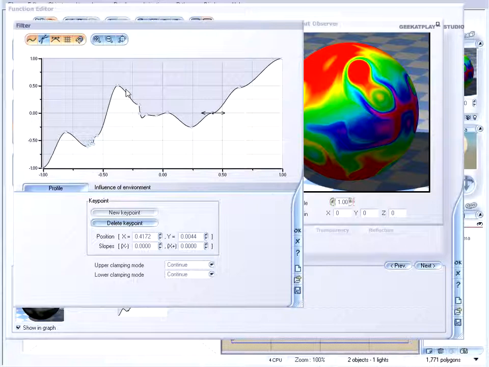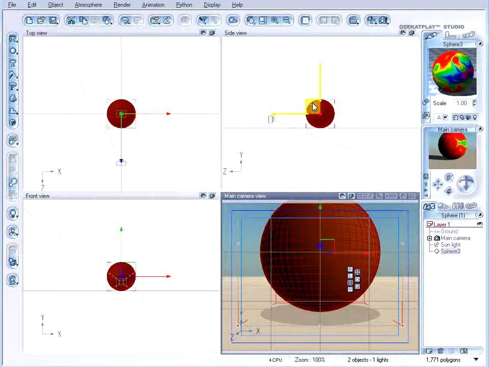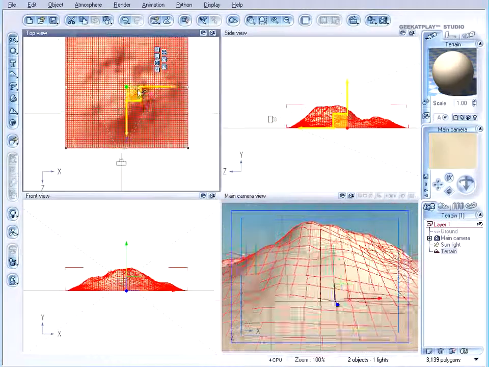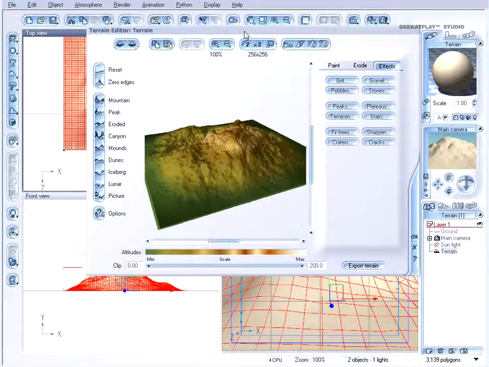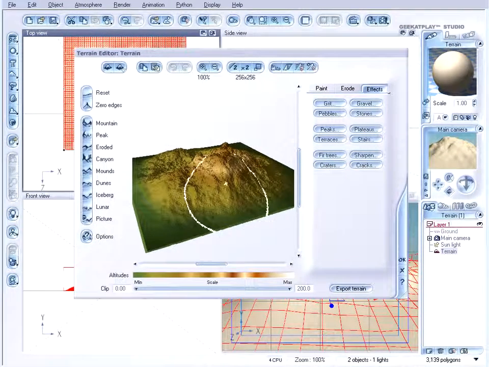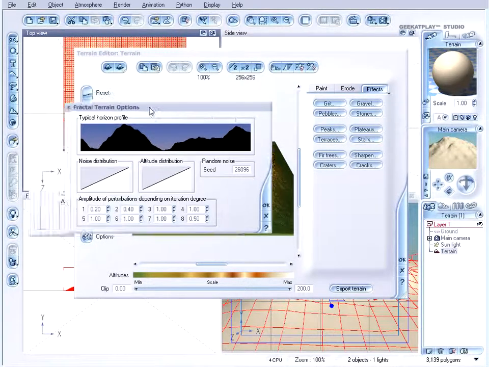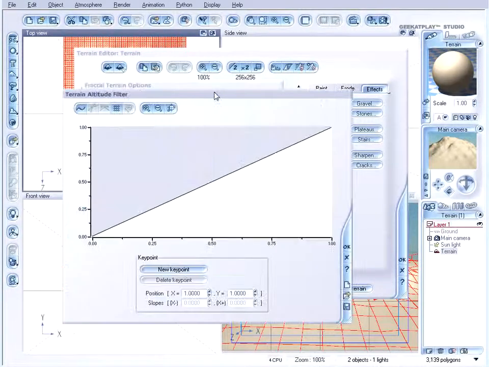But again, by using and affecting this, we're using this all the time for terrain. And let's actually look at the terrain. So here we have our object. Let's delete it, and we'll just create a normal terrain. We'll go edit this object. Also, if you remember, in this object we have options, and we have similar filters right here. So one you can apply for materials or terrain. As an example, if we go to altitude, edit filter,